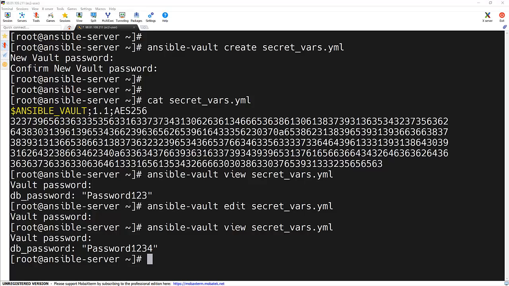Now that we understand how to create an Ansible Vault file, we will use this encrypted data in a playbook. Let's create a quick playbook to show how we can reference the DB password from the secret_vars.yml file. So I'm going to create a playbook here, playbook.yml,